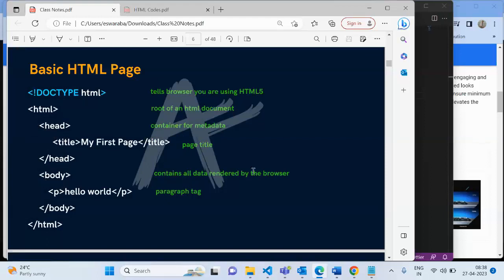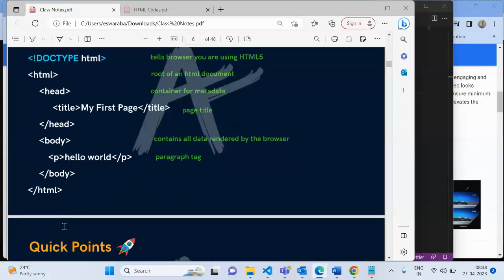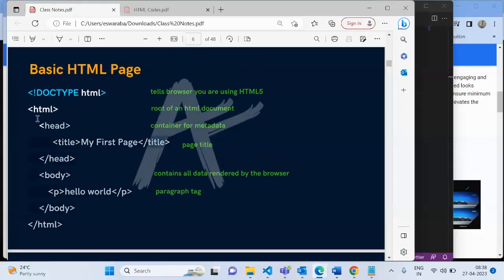Body contains the rendering of the browser. Means whatever information we see on the website will be in the body. Like the description on the website, that is the body. The description, headings, buttons, paragraph, everything should be in the body.